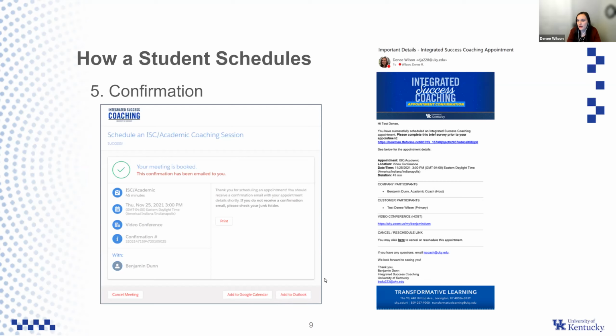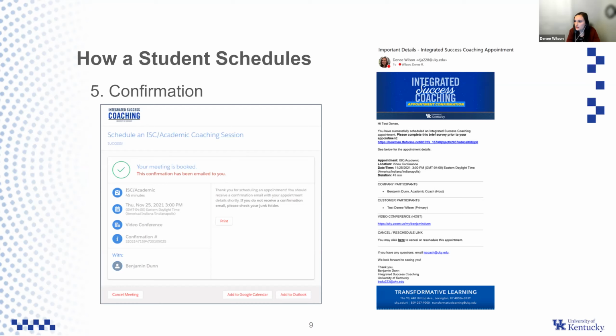Now at this point, an email is sent to both the coach or the appointment host and the student who booked the appointment. And this email here is customizable depending on the type of appointment, but it shows the information and any follow-up that the student needs to do before their appointment.